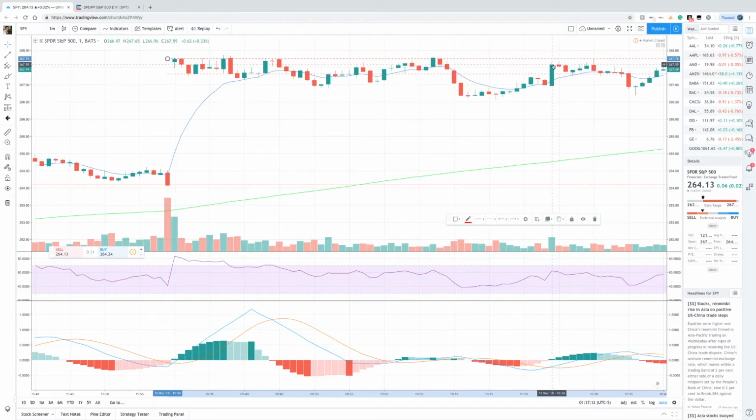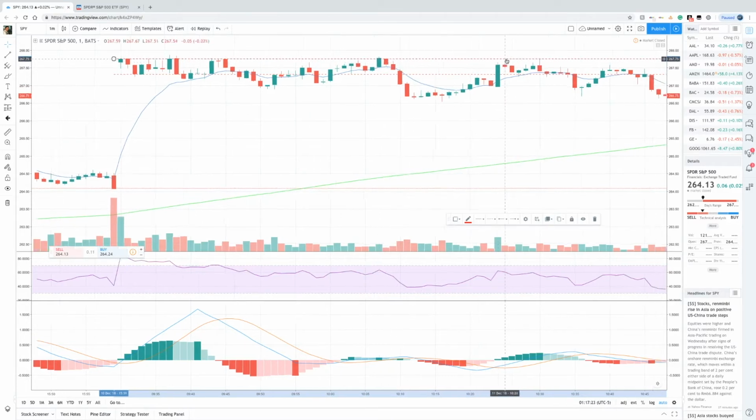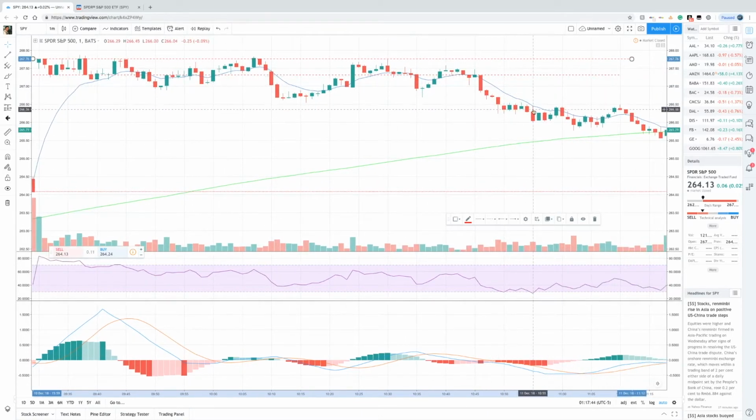But look at what happens, guys. The new high is lower than the old high. You see that? It's not going back up to the resistance anymore. Look at this next wave right here. It is closing lower than the previous one right here. Even if it's by 10 cents, it's still closing lower. And what happens after? 1, 2, 3 lower highs, boom, stock falls, goes below the EMA line, and it just